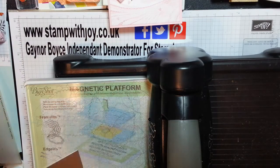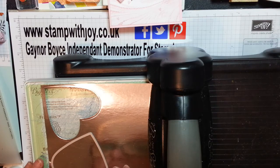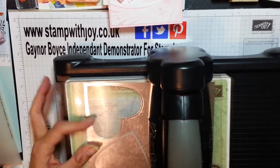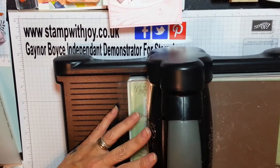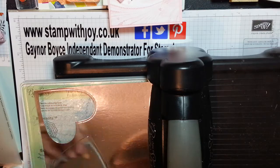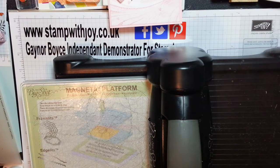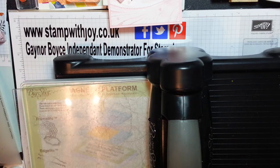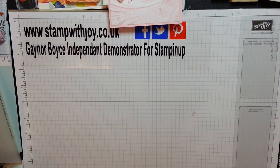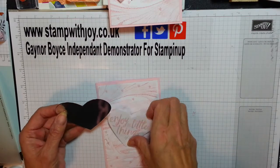I'm going to fetch my silver in. Sorry about the glare, I do apologise. Push that down as far as I can so I get more use out of my silver sheet. Out of your way now so it doesn't glare so much. So I'm going to pop my plates down first, and then this is a lot lighter without the plates on. So isn't this beautiful? And once that has been stuck on there,